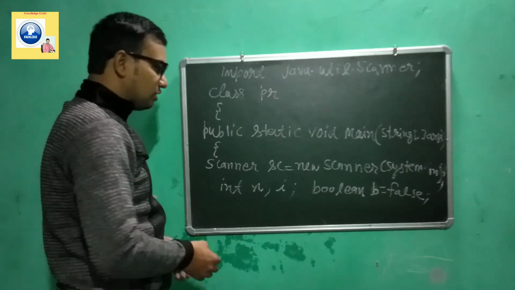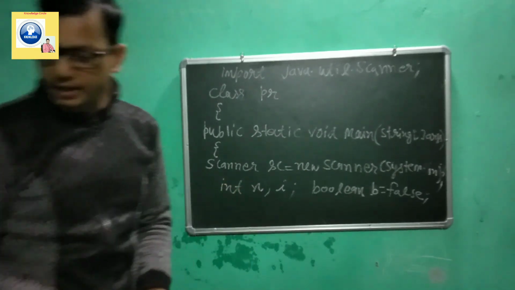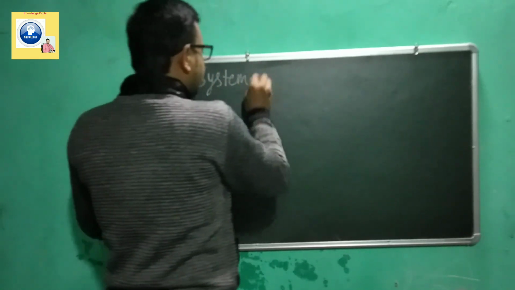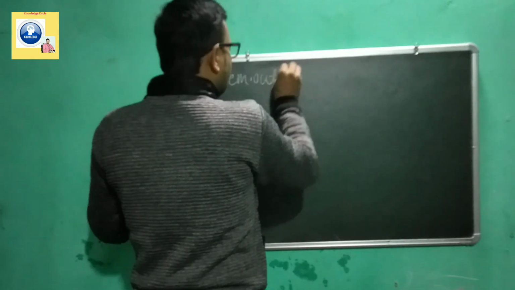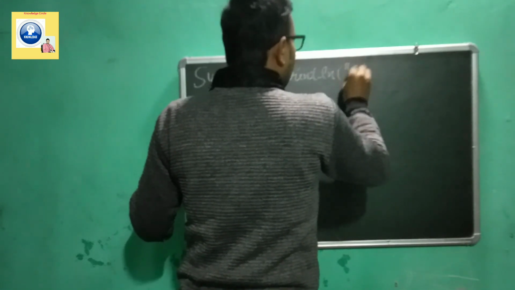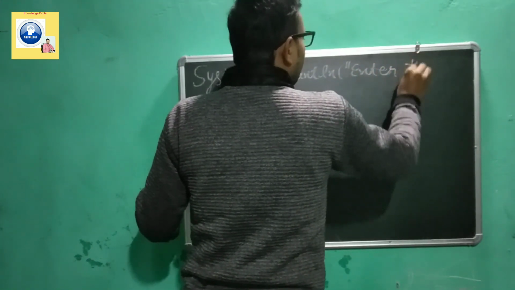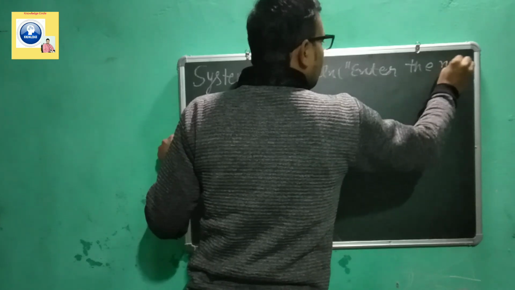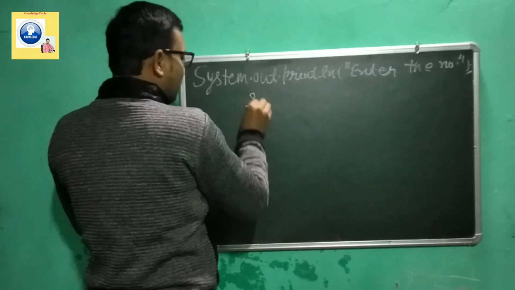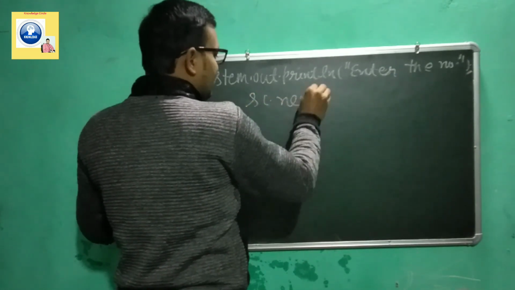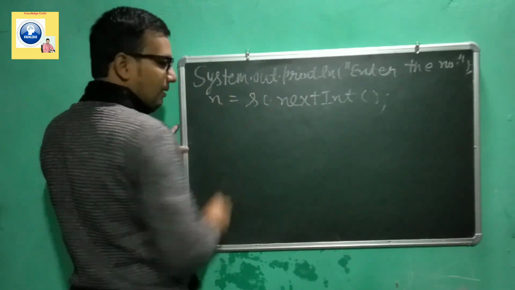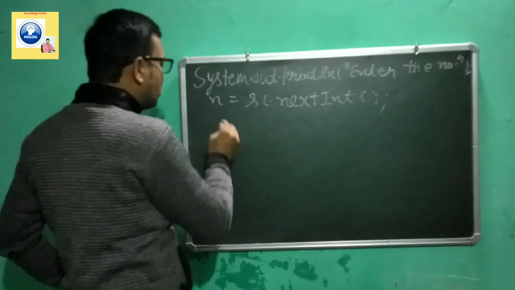Now we are going to give a message to the user so that the user will give us input. Now let's give the first message: System.out.println, Enter the number. When the user sees this message, the user will try to give a value. So we have to use sc.nextInt. The value will be stored in n. We got the input. Now we have to run a loop.